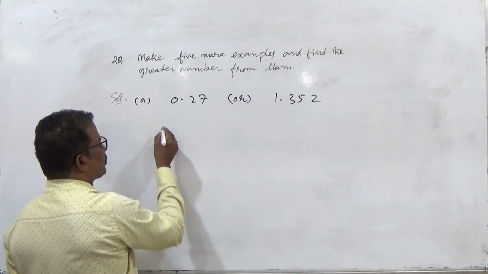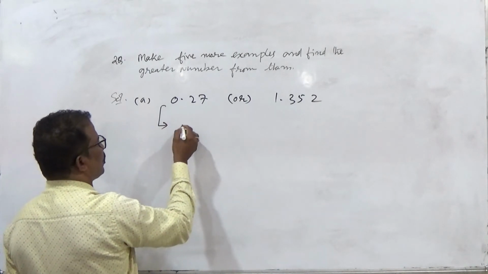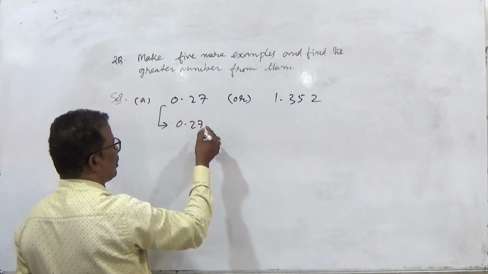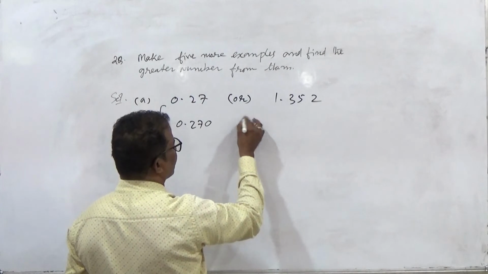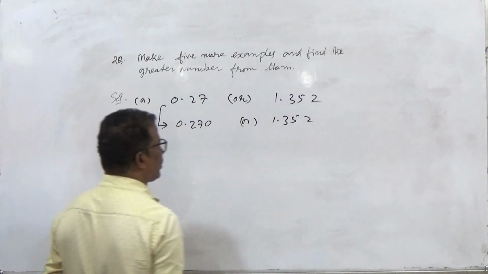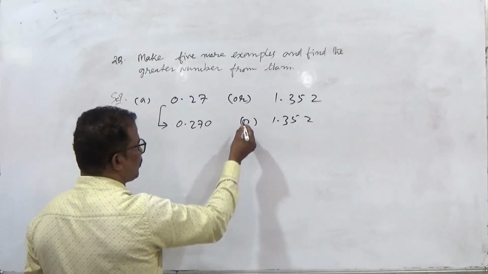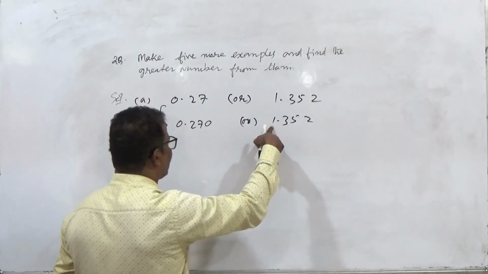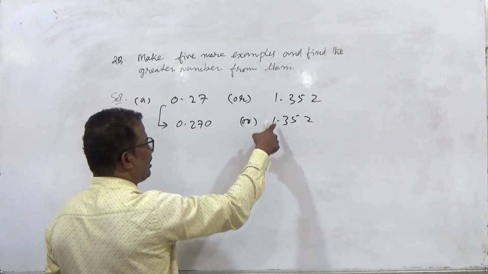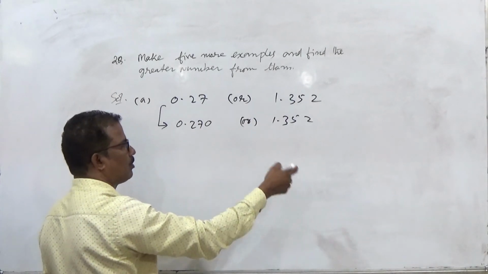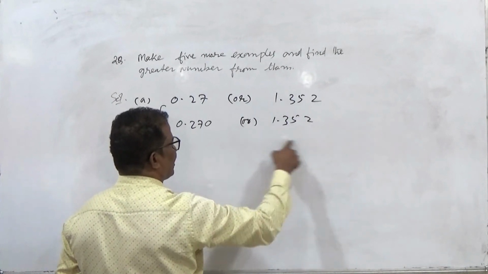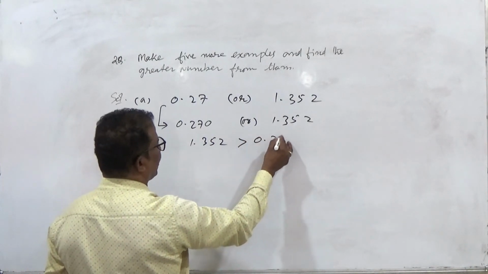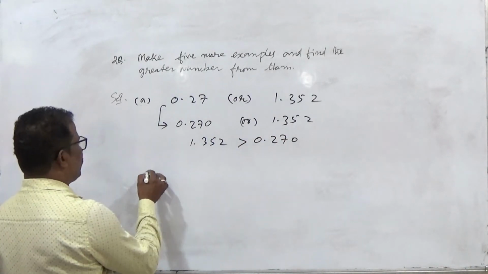To compare which is greater, first we have to convert into what? Like decimals. So how can we? 0.27. Here maximum places are how many? 3. So here 2 places are there only. That means we have to write a 0 here, or here 1.352. Now we can compare. For comparing decimals, we have to see which place first. Whole part. In the whole part it is how much? 0. And here how much? 1. So in the whole part 0 and 1. 1 is bigger than 0. No need to compare the decimal places now. So simply we can say this decimal number is bigger than this. So 1.352 is bigger than 0.270.